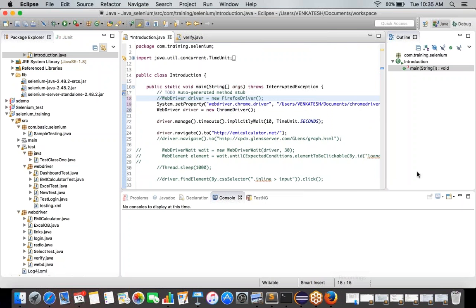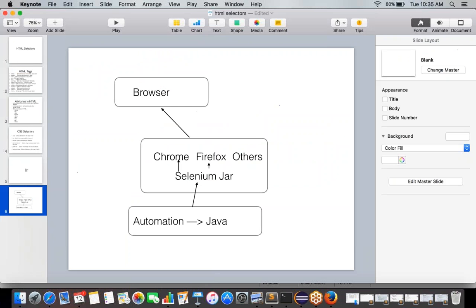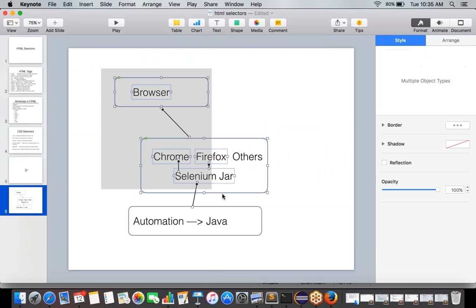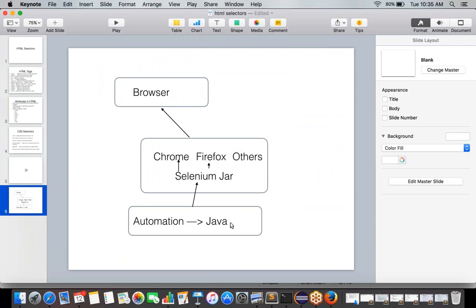Yes, for every different kind of browser you use, you will have to have that exe driver file for executing the test case. Each browser will have a different driver. So if you go back to this particular diagram, as I said, you should always remember this diagram. We have the automation code which will run over the Java Selenium jars, and the Selenium jars interact with the